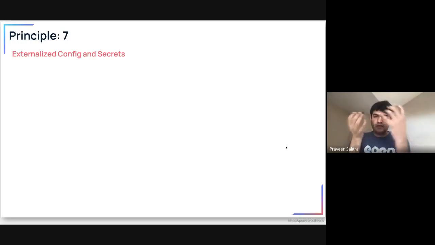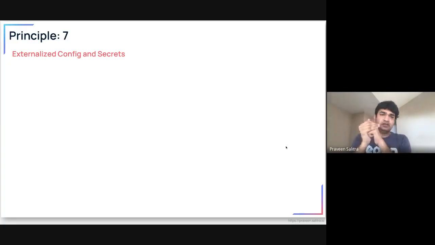So let's say you are writing a RESTful API. You need a database to connect to, right? So you have two options for putting the database URL, database username, and database password. Either you put that database configuration inside the code and hard code those things, or you actually provide those three things as environment variables to this particular app, right?